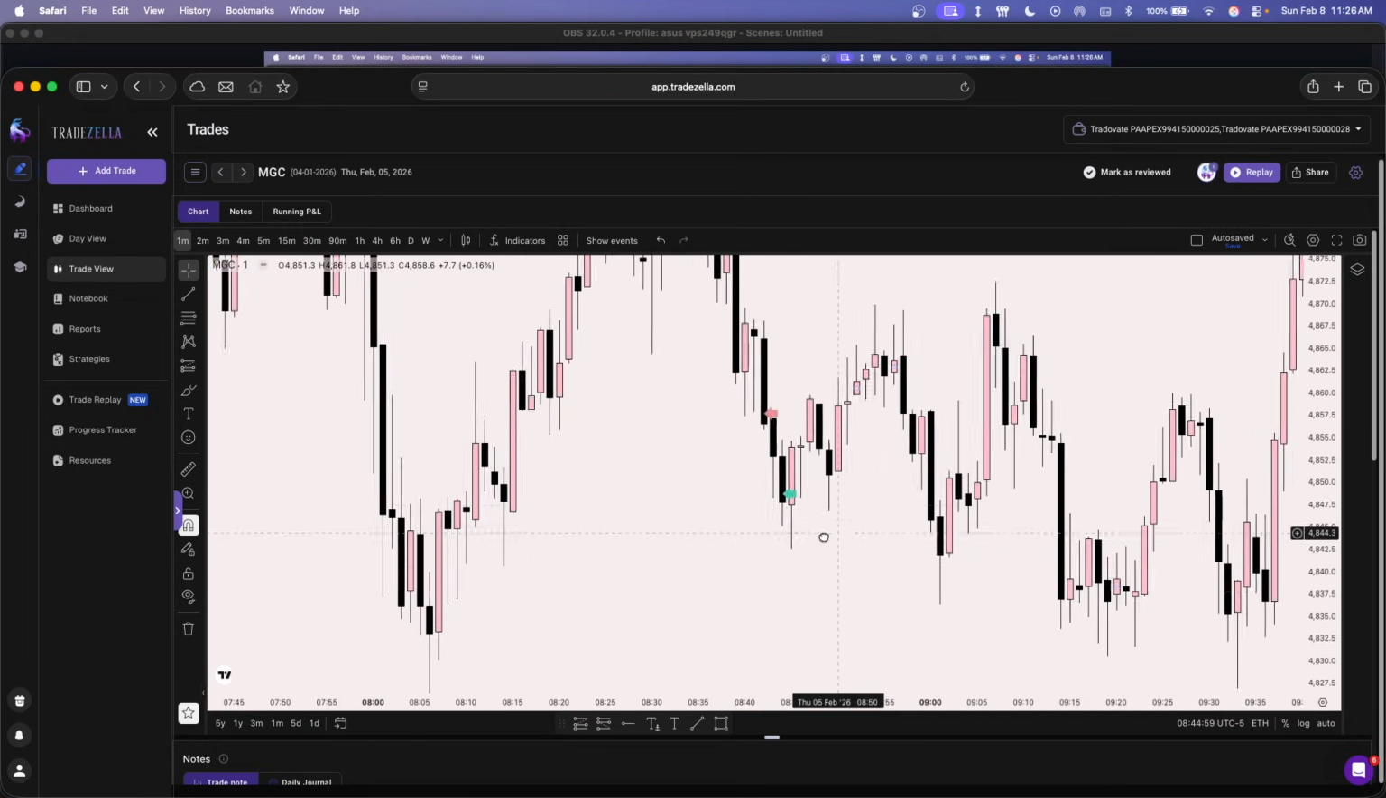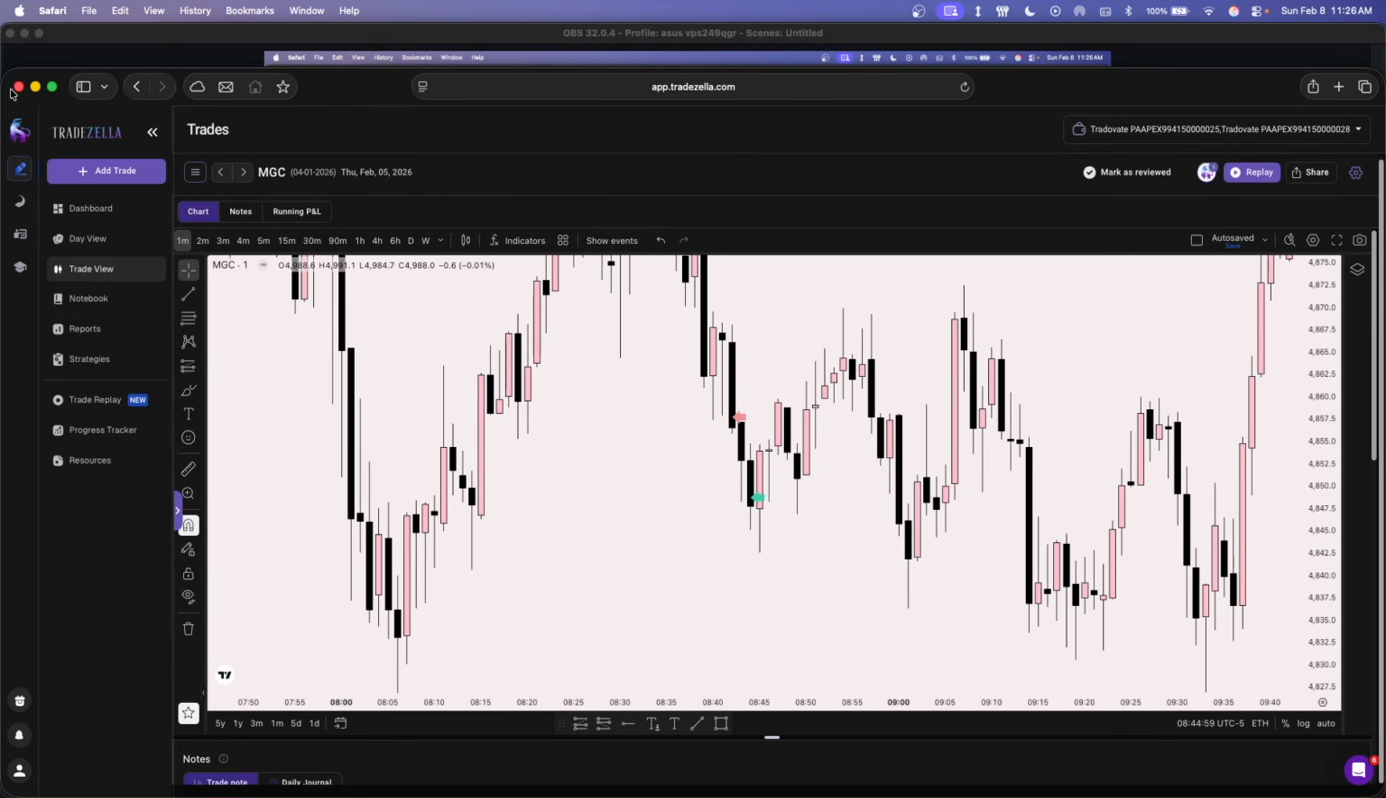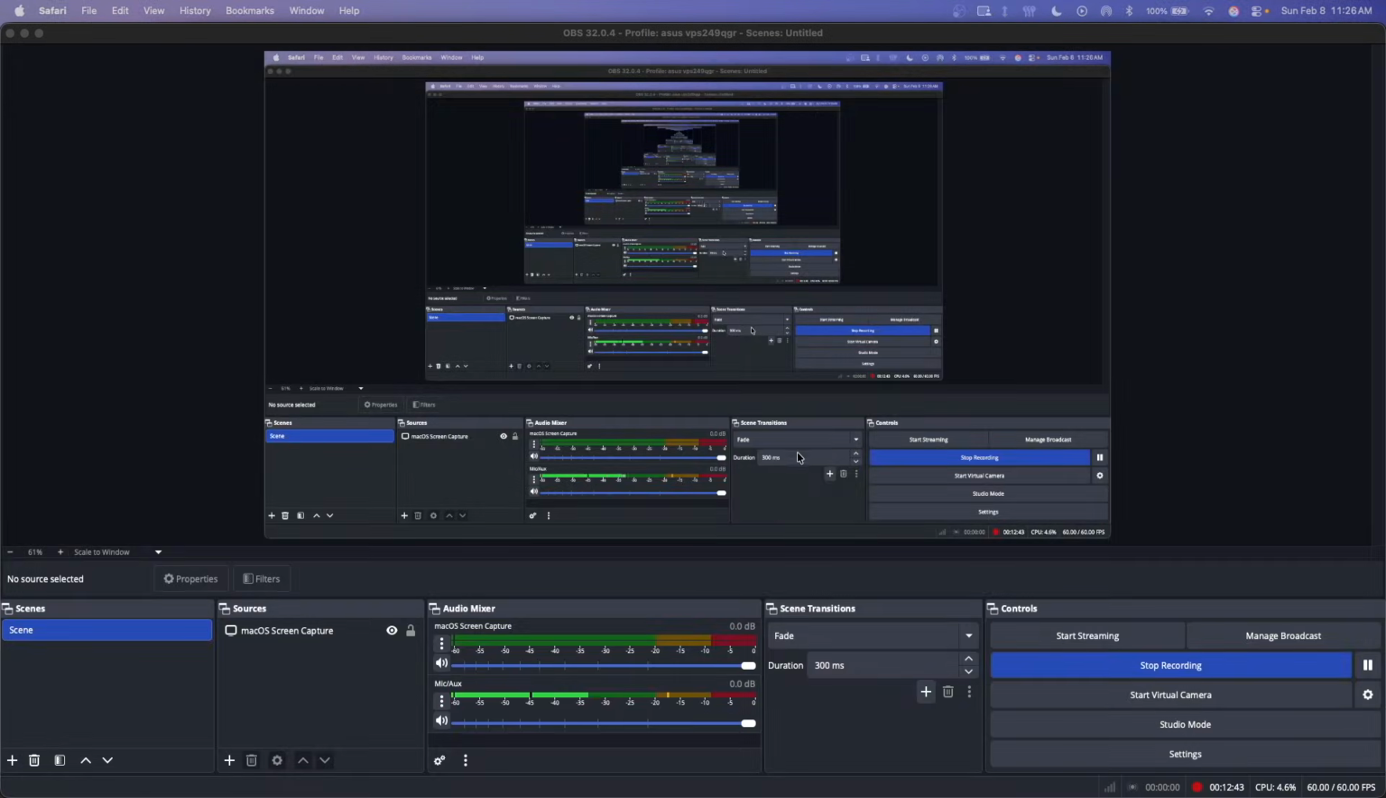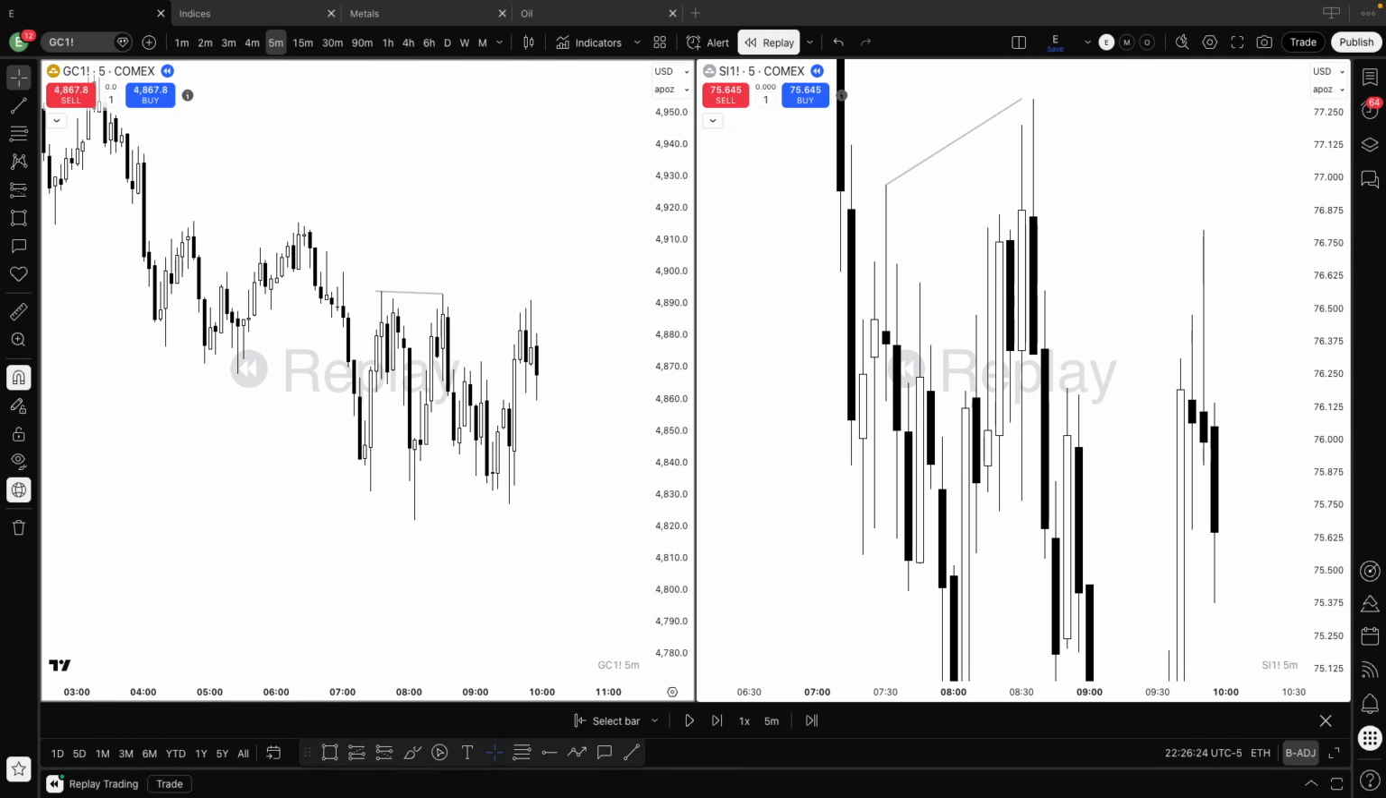It wasn't even a 2R actually. It was just a 1R. I didn't even notice, but that was a 1R on silver. Now moving on, I did take silver later in the day, which was, let me just go check the time for that. Yeah, I took it around 8